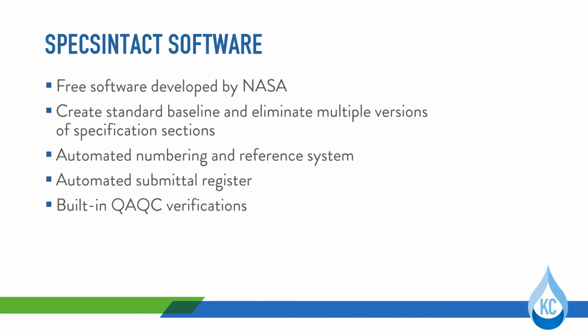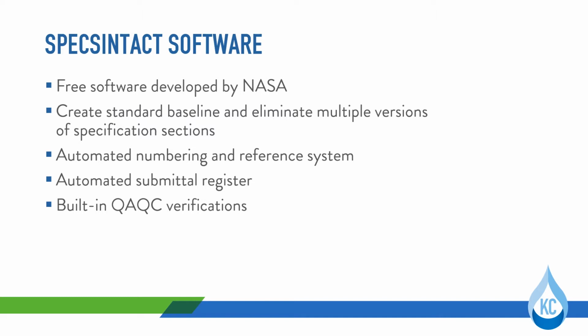Some of the automated SPECSINTACT features include paragraph numbering, internal and external reference checking and updating, and submittal reference updating. Additionally, when the user is ready to publish to PDF, the program allows for integrated bookmarking, table of contents creation, a submittal register that summarizes all submittals included as part of the project, and additional quality assurance reporting tools. We'll talk a little bit about each of these today and how they're used in the Kansas City, Missouri Green